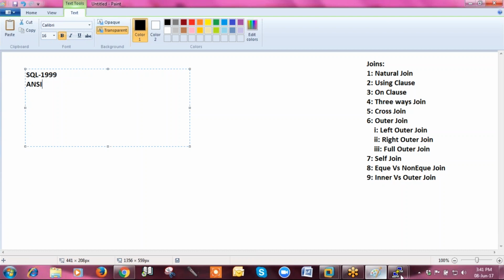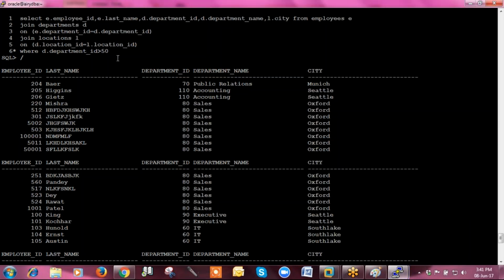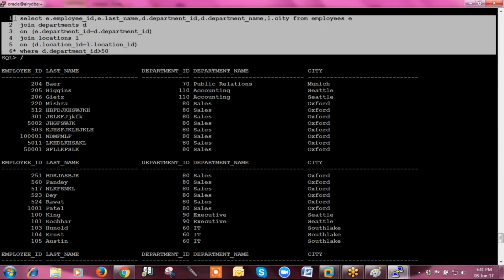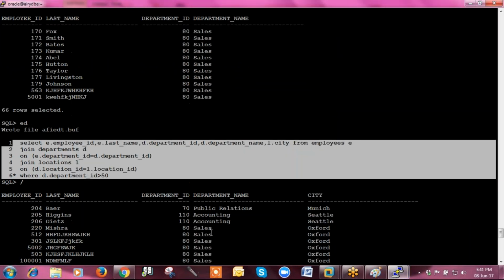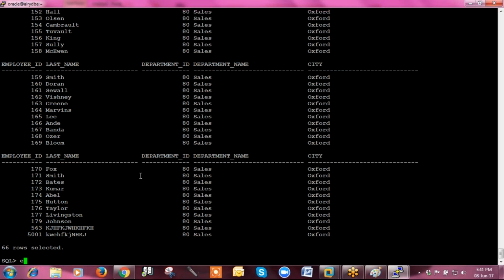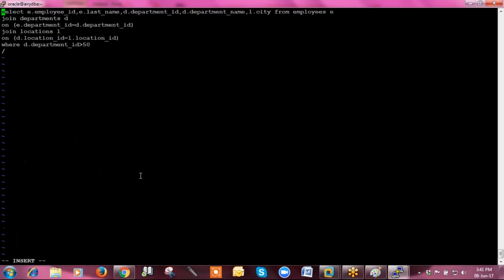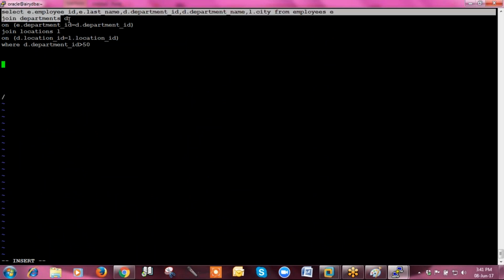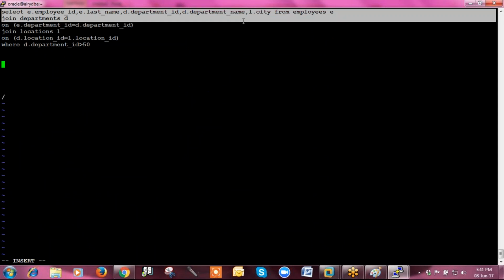So the syntax you are seeing at present here is the SQL 1999 standard. I will write the same syntax in ANSI standard. See, I will write here only. So you are able to recognize the difference between these two syntaxes.